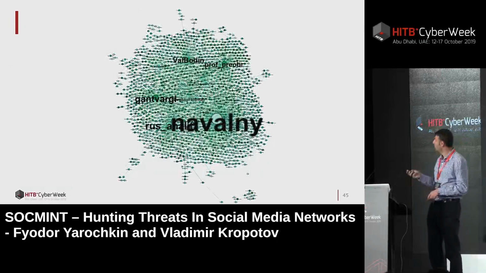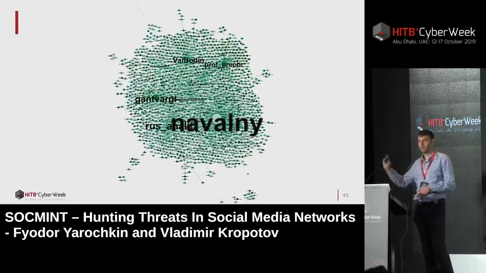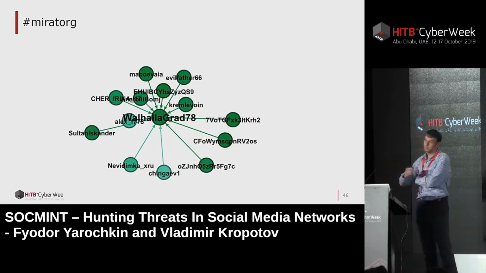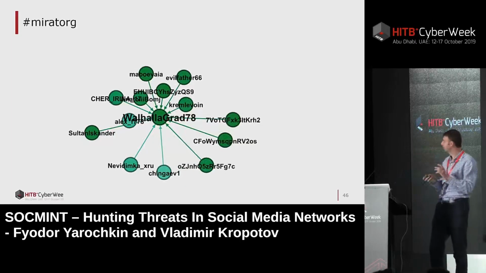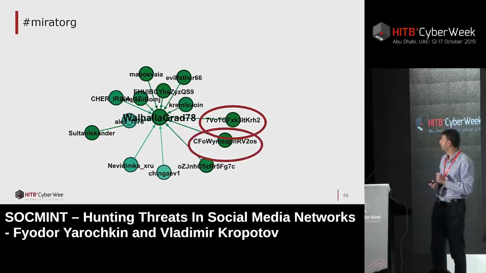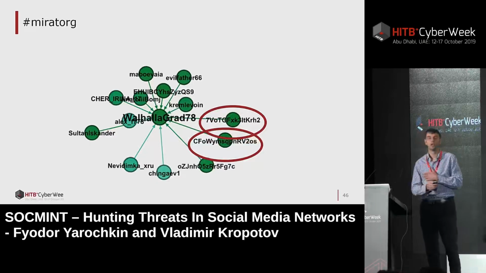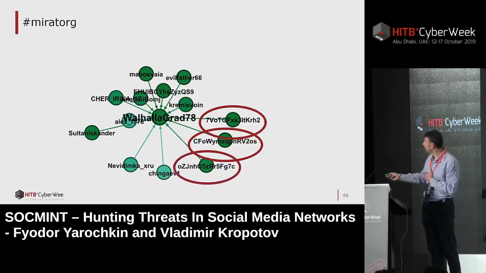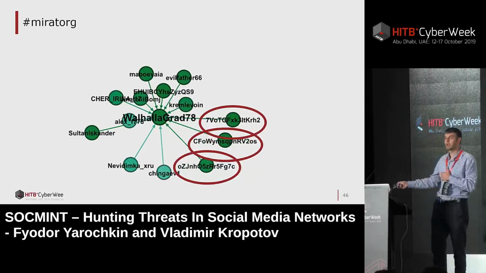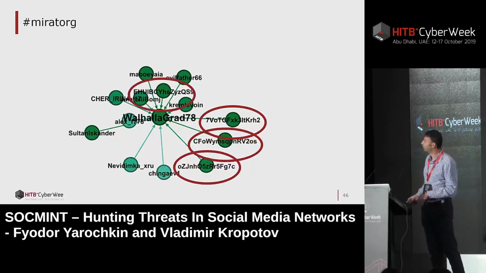If you look into the visualization of the situation, one of the Russian opposition leaders pushed really hard on this topic with anti-government ideas. And this is a visualization of just one spot on this big diagram. If you look into the account names which have been used, they're really hard to pronounce. If, for example, your friend asks you, can you give me your Twitter handle, can you read this handle and say, yes, my Twitter handle is this, and your friend will type this? So it looks pretty easy, yeah?